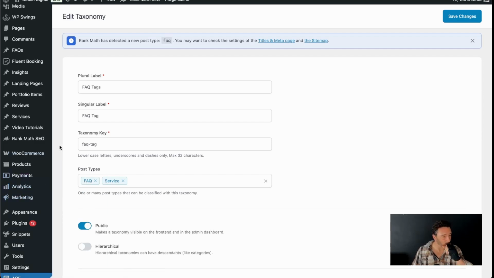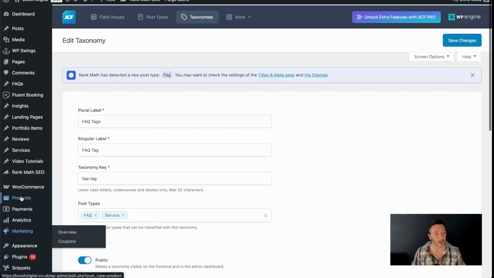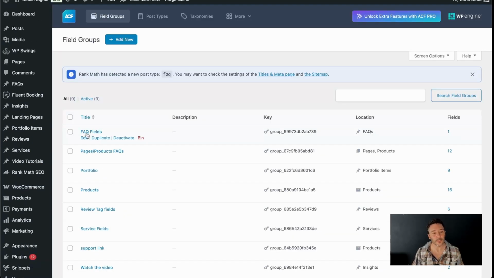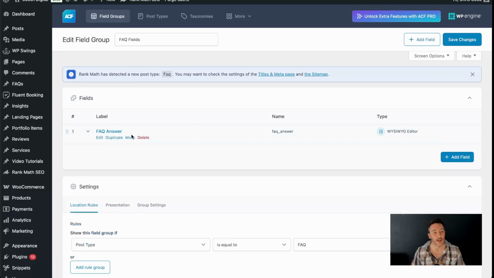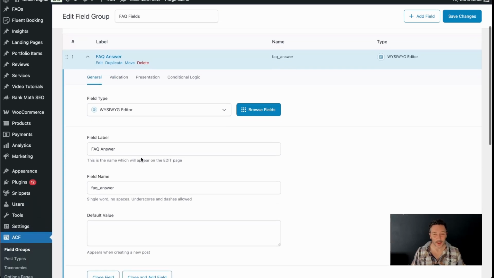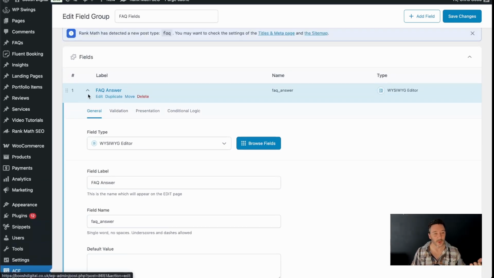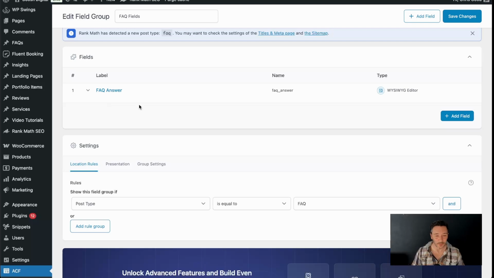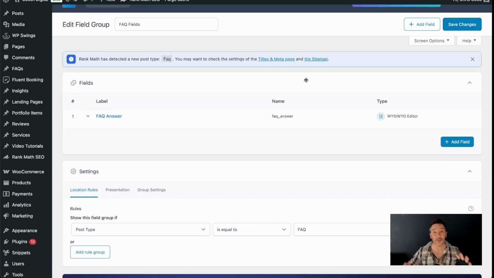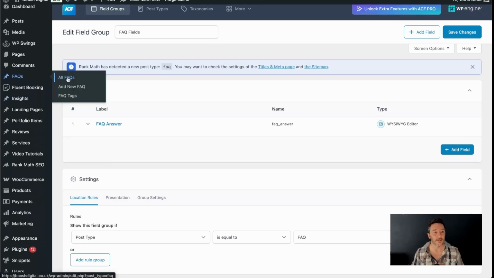Aside from that, we only really need the fields for the FAQs. So field groups, FAQ fields, and it's FAQ answer. Okay, so you only need one field because we're using the post title, and we apply that to the FAQs, obviously. Okay, so not really complicated setup. It's just post type, taxonomy, and then the actual field. And then if we pop along to one of the FAQs,